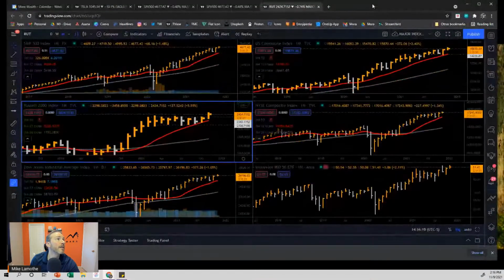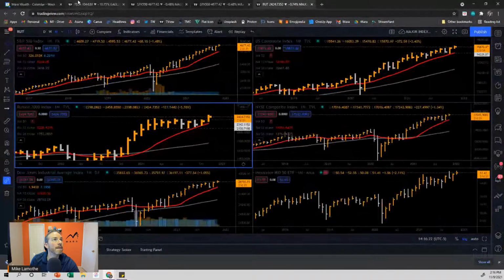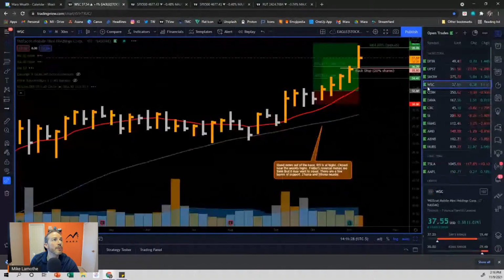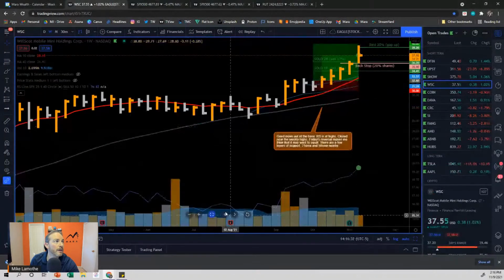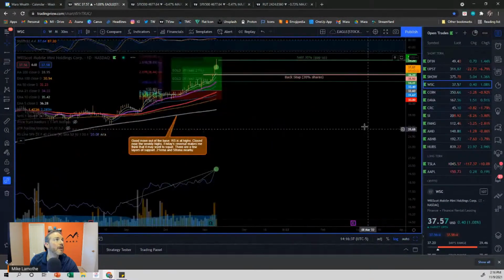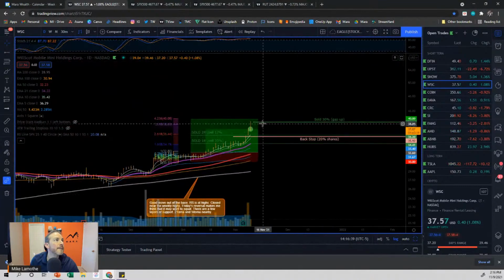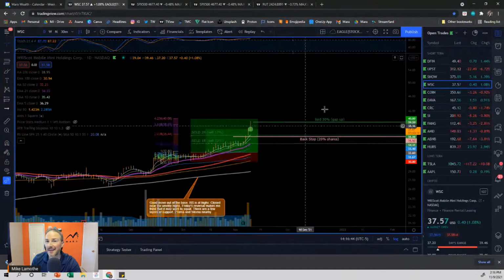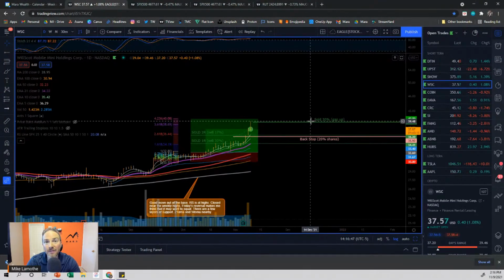Let me show you one of the positions that I have on, this one here today, WSC. Now this one this morning gapped up to a fresh all-time high, right? I wasn't expecting to see a gap up this morning, but it gapped up. That would be the equivalent of you planting your stock garden. It's finally starting to produce fruit. It's producing a lot of fruits. Many of them are, and you say, you know what?